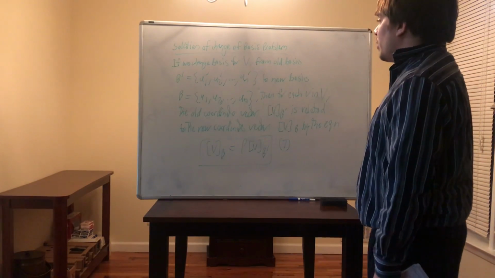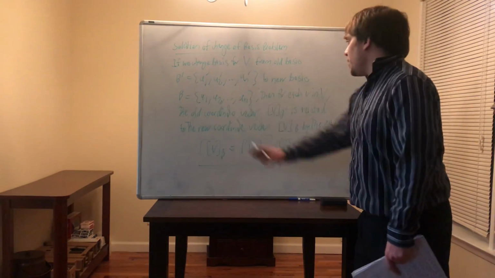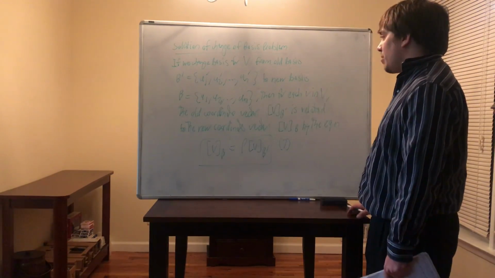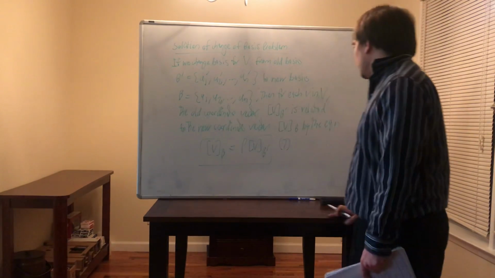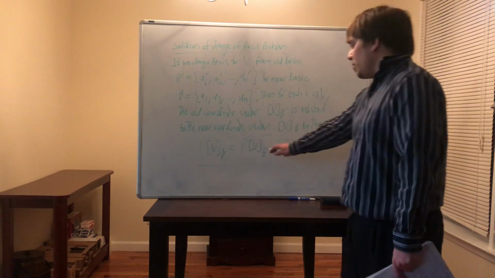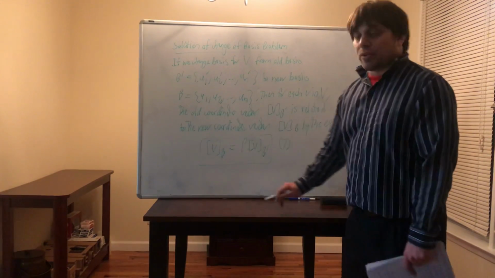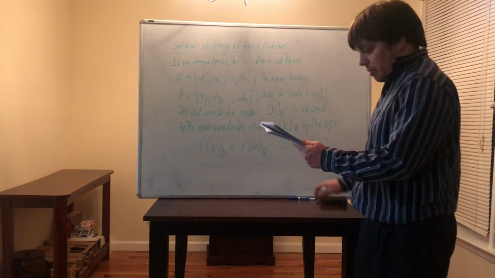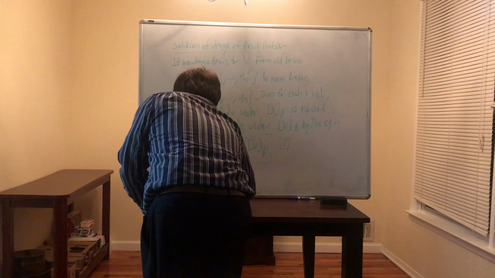Okay? So if we change the basis for V from an old basis B prime to a new basis B, then for each little v in capital V, the old coordinate vector and the new coordinate vector, relative to B prime and B respectively, are related by this equation, where P is equal to the transition matrix here. Okay, where the columns of P